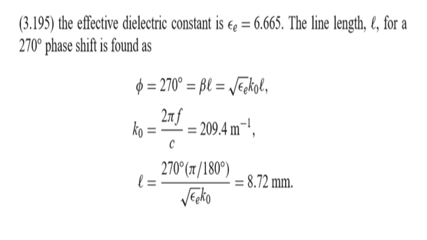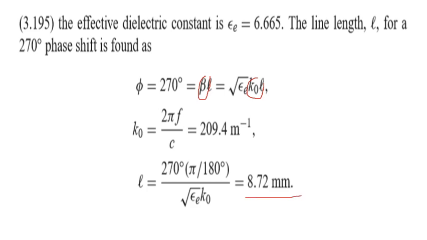If you remember the units of beta L, beta is given as angular frequency. It's a sort of an angle. So when we take it, we take it as 2 pi by lambda into L. This beta is 2 pi by lambda, which could have been written as K naught. Same thing they have written, 2 pi by lambda. And you remember that this is made up of epsilon effective. In strip line also we have done similar. So they found out K naught, applied the formula of K naught, applied epsilon effective, and from that they found out the value of L, and directly you're getting the value as 8.72.